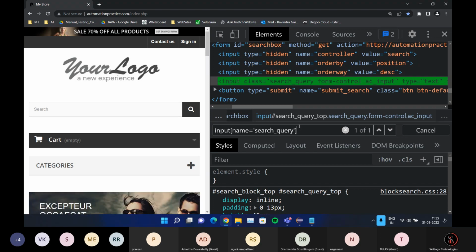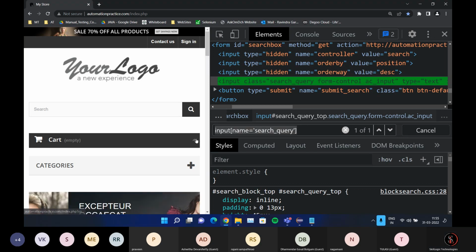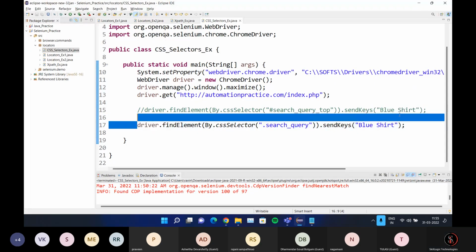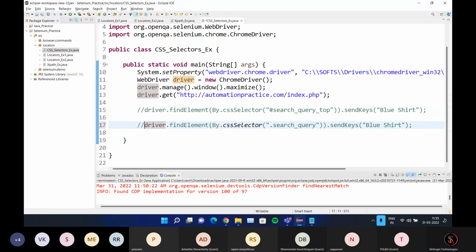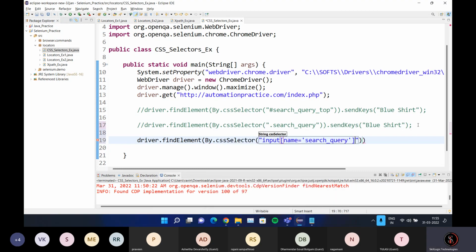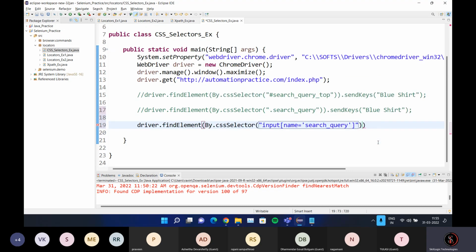Now I will copy this and try to perform some action. We'll see whether it works as a CSS selector. So driver.findElement(By.cssSelector(...)). By looking at this, we can say it is a CSS selector because we are not using any double slash. This is not an XPath. Then .sendKeys